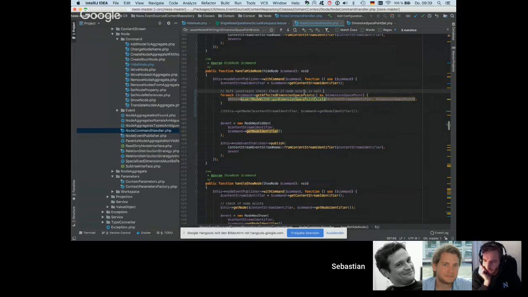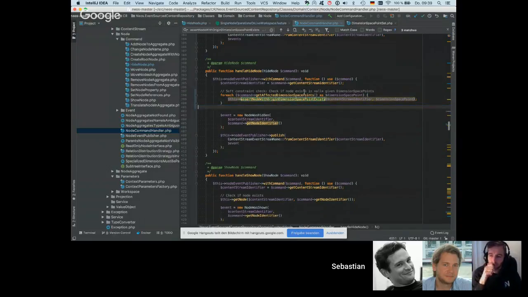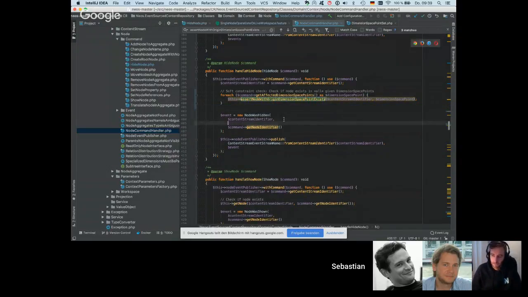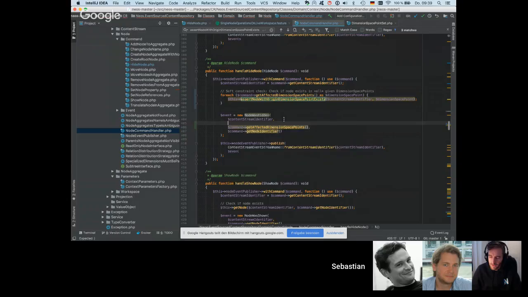In all given dimension space points, that means exactly. So that means the node should exist, and then we can just say node was hidden, content stream identifier command. I'm just thinking about